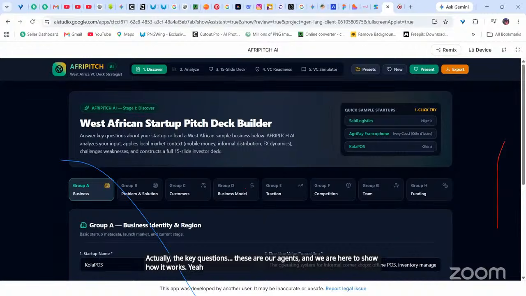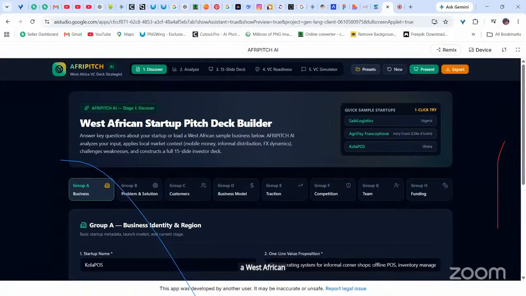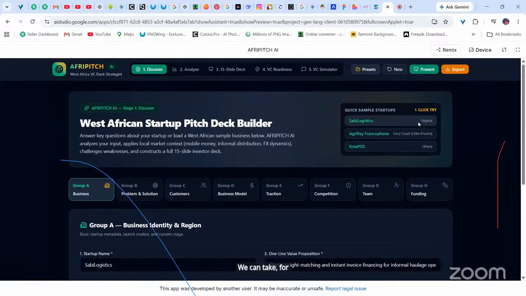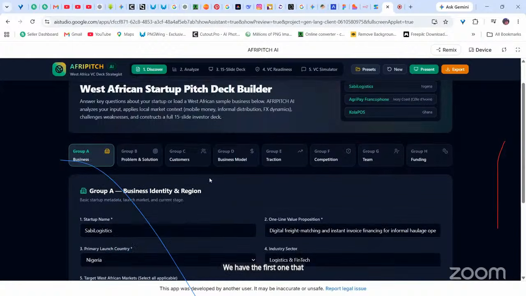First, we say, answer key questions about your startup, or load a West African sample business below. Afri Pitch AI analyzes your inputs, applies local market context, which is mobile money, informal distribution, FX dynamics, challenges, weaknesses, and constructs a full 15-slide investor deck. So, a quick sample startup. The first one we can take, for instance,